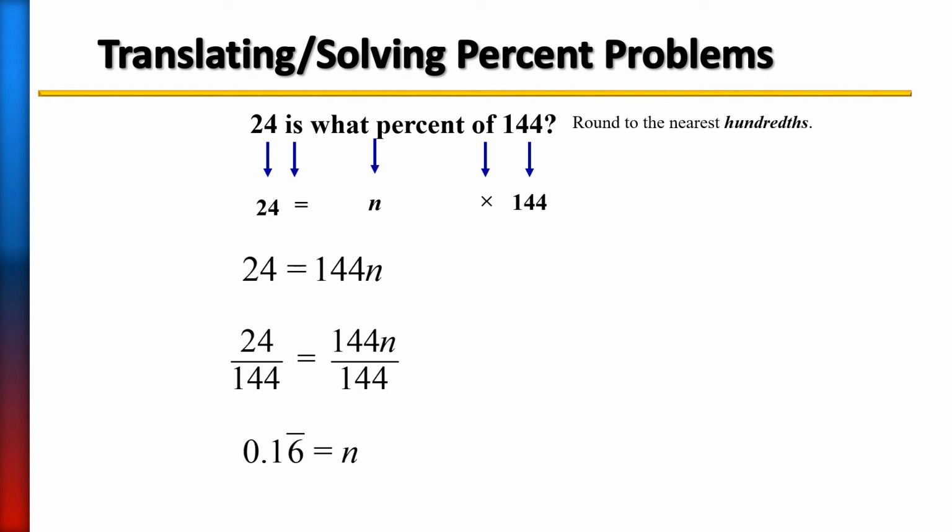So even though it goes on 66666, we have to write this as a percent. Remember, if you have a decimal, move over 2 places to turn it to a percent. That would be 1, 2. So you're going to have 16.6666666,